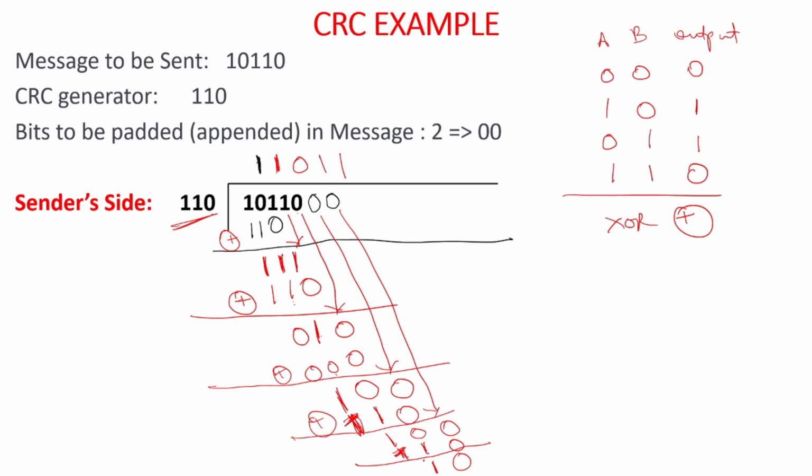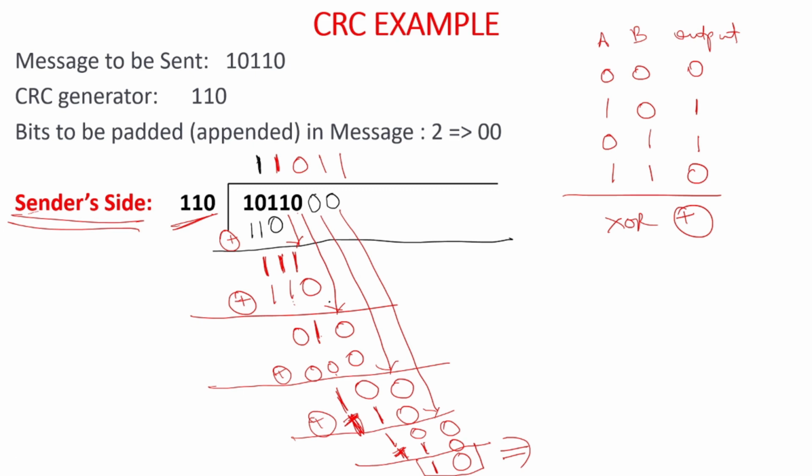So when it is 1 0, what data should be sent? Now this is the CRC added by the sender. Okay, sender has added these CRC bits now. So the actual message that will be sent is this.